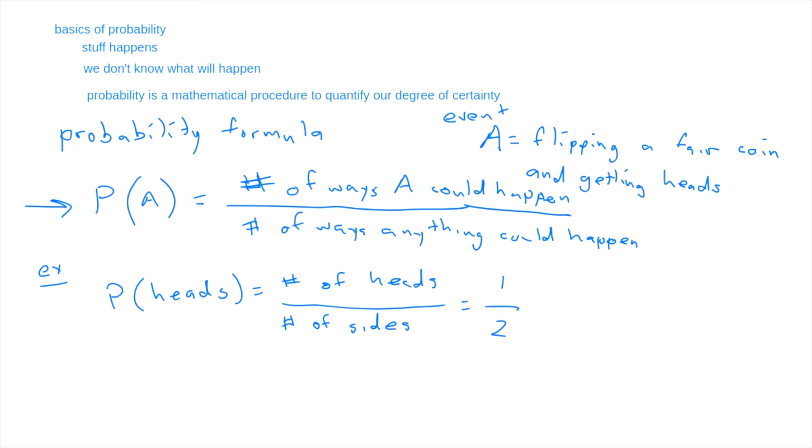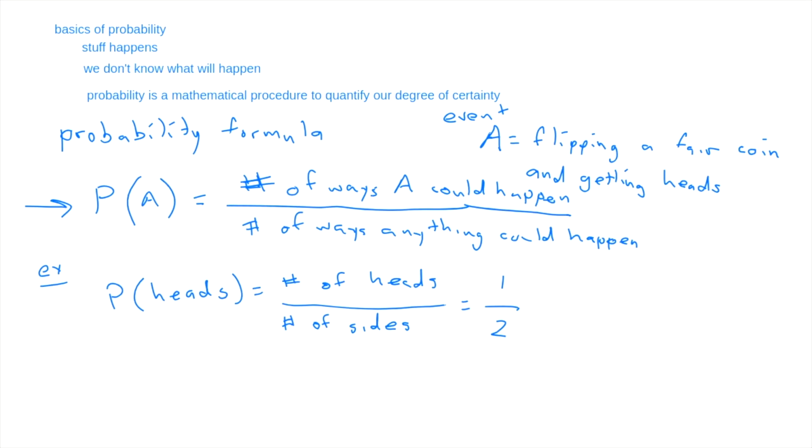I can sit here in a chair and think about what coins look like. If I have learned anything at all, I know that most coins have only one head, and that most coins are two-sided. I've never seen a three-sided coin or a five-sided coin. They just have two sides. How many ways can the head fall, and how many ways can it fall? And so we get 1/2, and this is really cool.